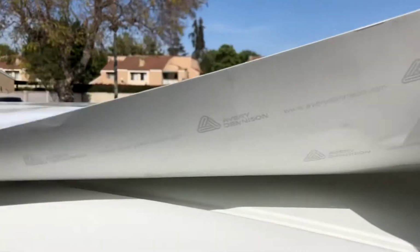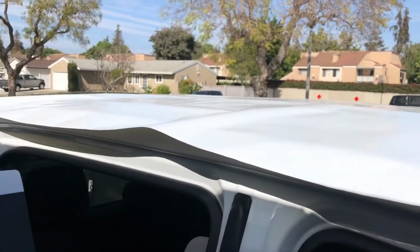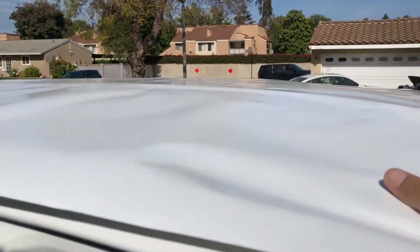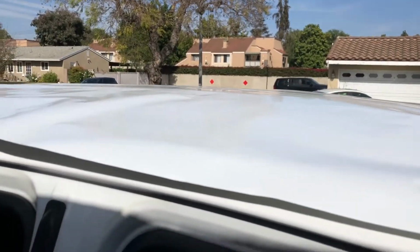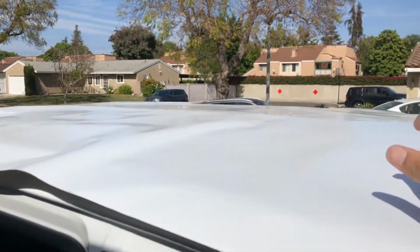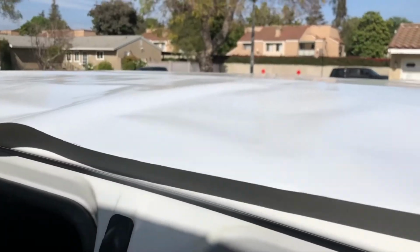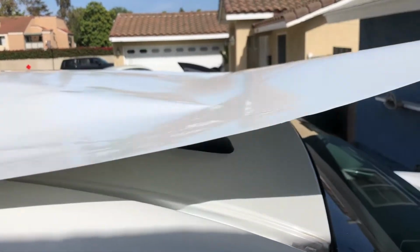So I am going to protect it, and I got a super white, so it's going to look OEM, but at least it's going to protect that roof. So when I have the roof rack and I have something installed on top of it, if it is hard to get in there and clean it, it's going to damage the wrap and not the paint. So it is a little extra step that I'm doing. It's not necessary, but